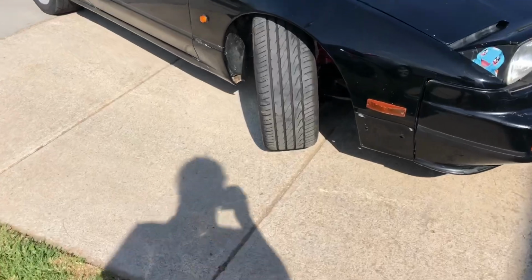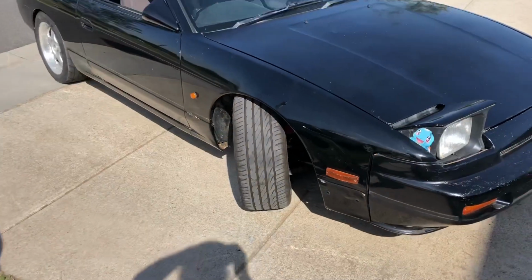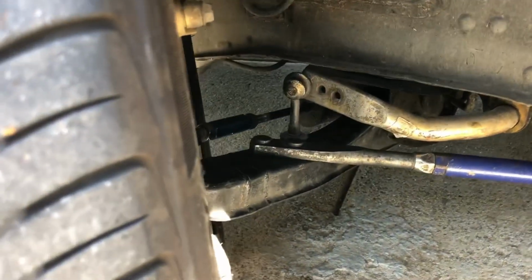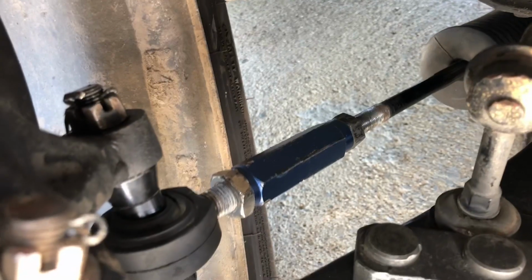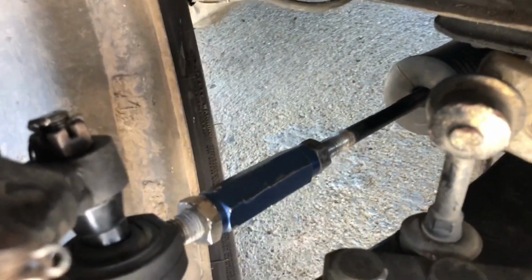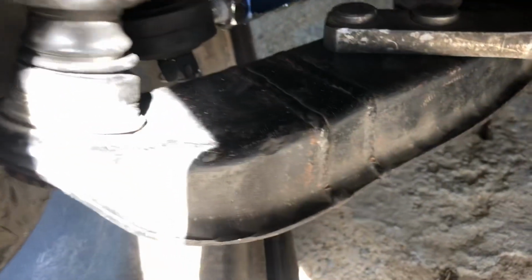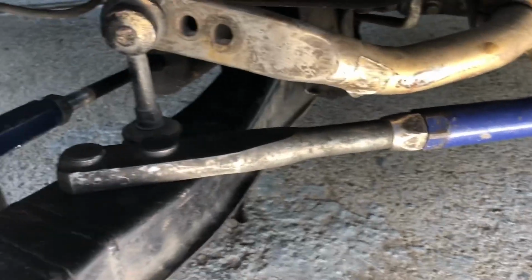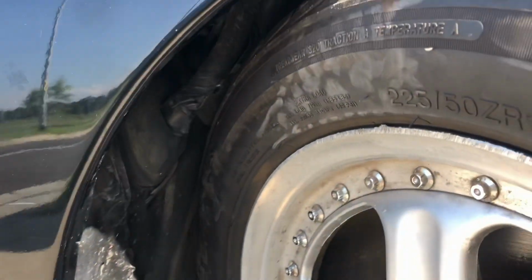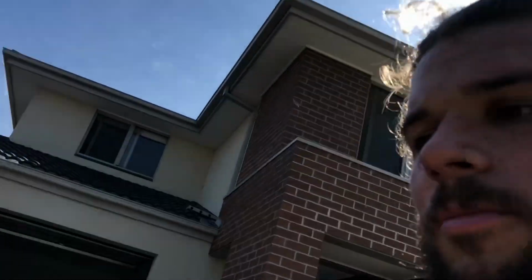Okay, so cut and shut knuckles and the extended LCAs are all in, and that's a considerable amount more lock. So there you can see extended lock control arm, the knuckles up there, you can't really see it. Pure adjustable tie rod, which is D-Max, so you can adjust it obviously on the tie rod, then also at the very end of the tie rod end, it adjusts out as well, which is good. LCA, caster rods from Rocky, and obviously coilovers as well. Pretty close up there, especially to the loom, so I might have to tuck the loom, but otherwise